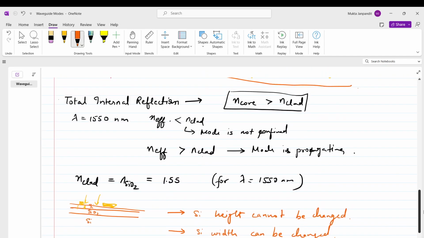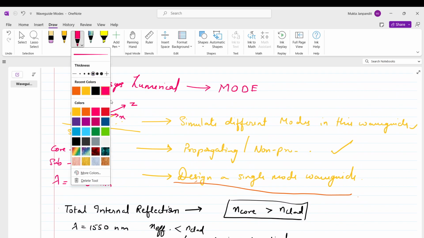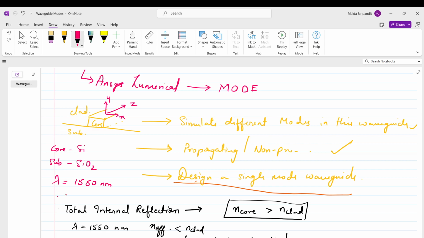So let's add that to our list of design variables.